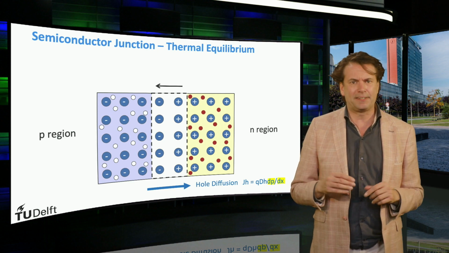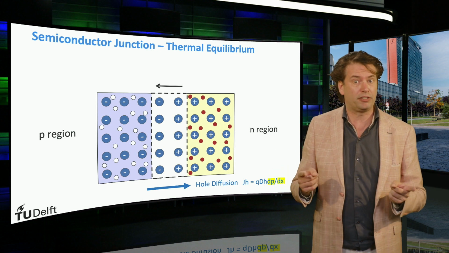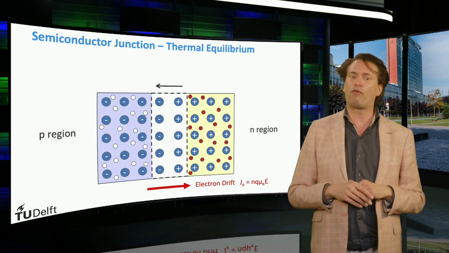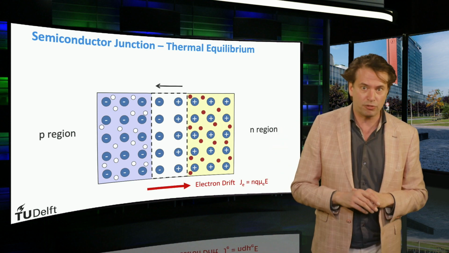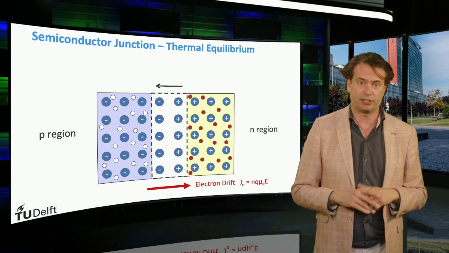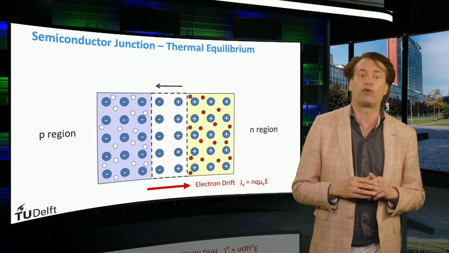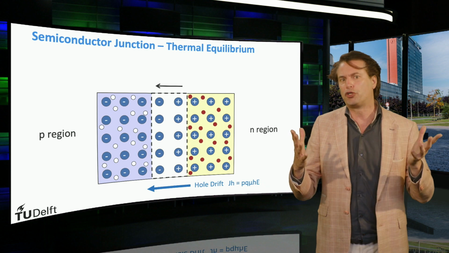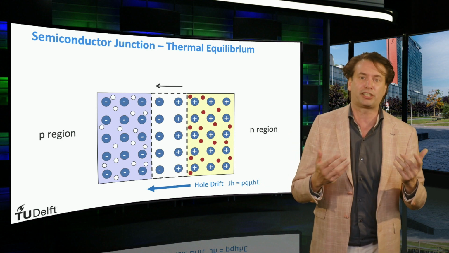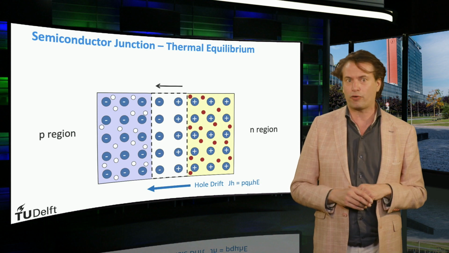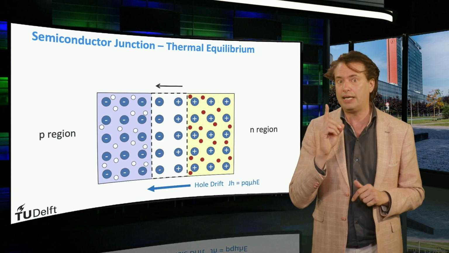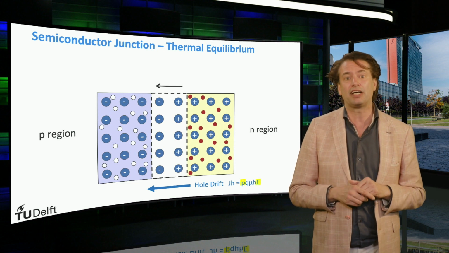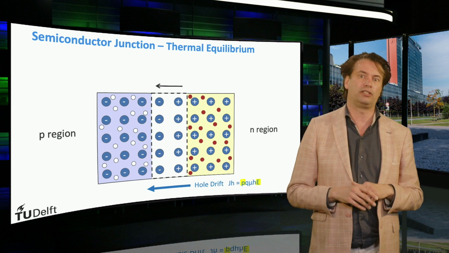Diffusion is controlled by the density of the majority charge carriers. To the contrary, the drift works on the minority charge carriers. The electric field will force the electrons in the p region, where the electrons are the minority charge carriers, to move back to the n region. Similarly, the electric field will force the holes in the n region, where the holes are the minority charge carriers, to move back to the p region. So the drift is controlled by the minority charge carrier density. Increasing the drift current density can be accomplished by either increasing the density of the minority charge carrier, in this case p, or by increasing the electric field E over the depletion zone.